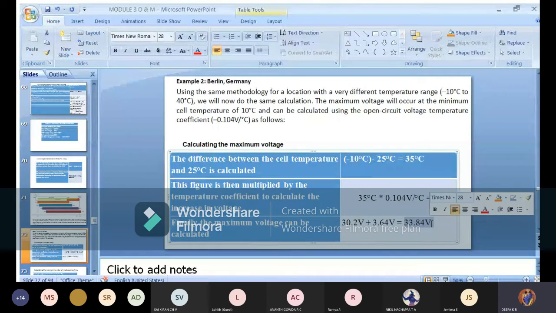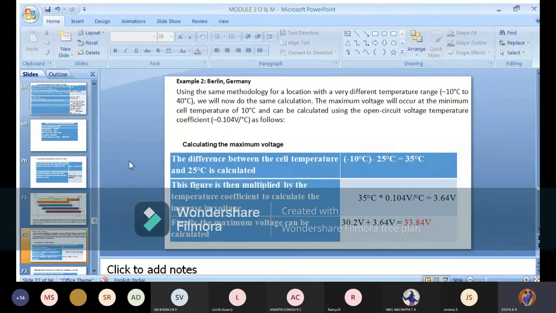Next, what we have to do? The next parameter is to calculate the minimum voltage by considering the maximum temperature. In the system we have minus 10 degrees to 40 degrees Celsius, and 40 degrees Celsius will act as the high or maximum temperature of a cell. For that we have a different calculation. We don't have a temperature coefficient here; you have to calculate it by considering the DC cable drop, that is a voltage drop of 1%, or else you can multiply with 0.99. So please copy down this. First write down the question.